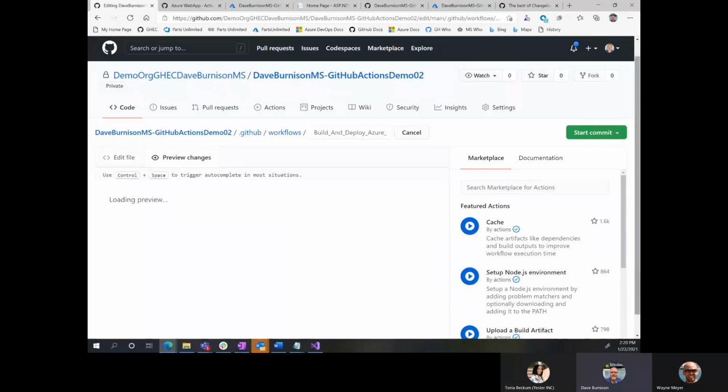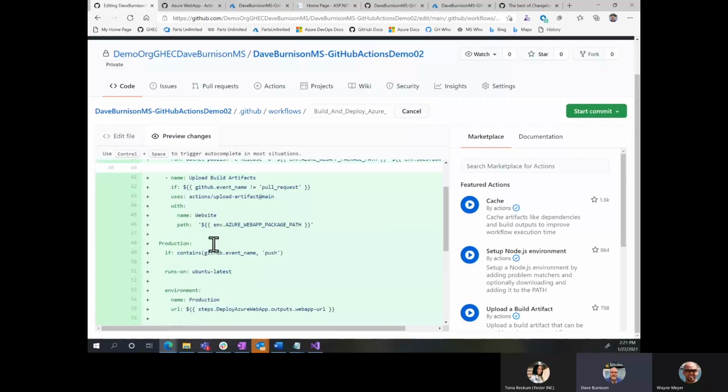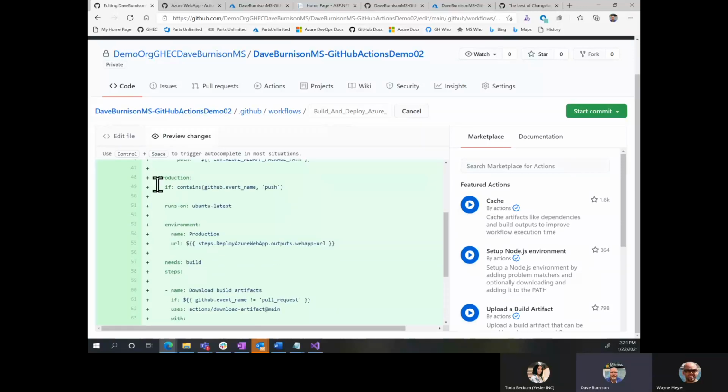And when we look at the differences here, you'll see that the key change is, okay, I made just a little tweak to publish, but now I'm going to upload the build artifacts back to GitHub, because when we're deploying to the production environment, it's actually going to be running on a separate agent, because it may be a few minutes, it may be a couple of days between when we build and when we deploy.